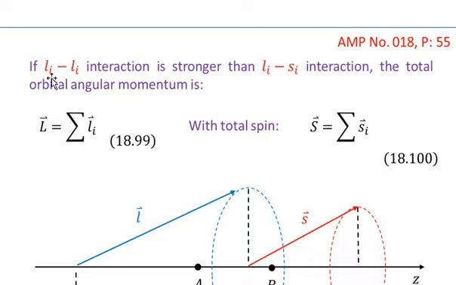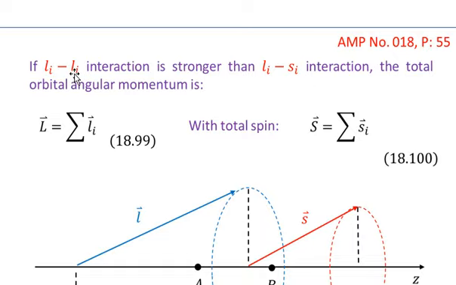For example, the Li and Lj interaction, that is, the orbital angular momentum of one electron will interact with the angular momentum of the second electron. You may more precisely write it as Li dash Lj. So this is the interaction between the two orbital angular momenta. If this interaction is stronger than the Li and Si interaction, which you know is the interaction of the orbital angular momentum with the spin angular momentum,